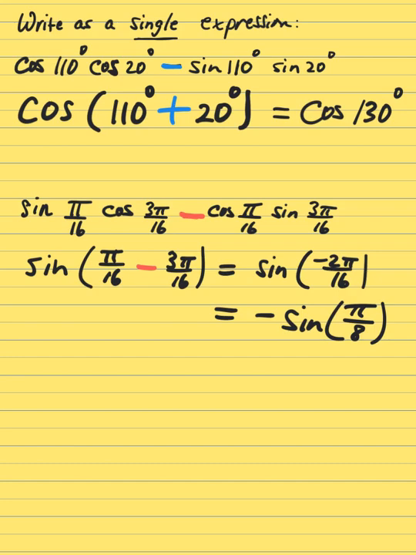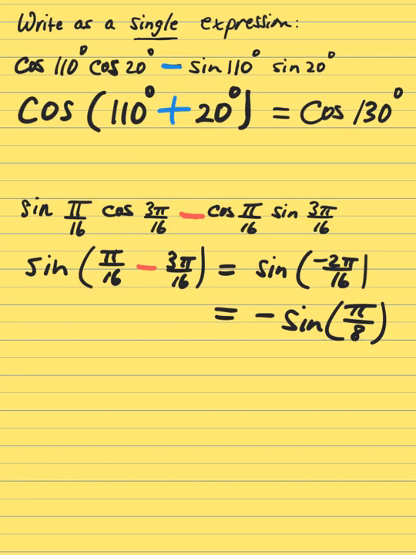Because pi over 8 is not explicitly marked on your unit circle, we're not going to worry about giving the exact value. I just wanted to give you a couple of examples of expanding a sum difference formula and contracting or condensing. And so I hope I've done that. Hope it helps. Let's actually do one